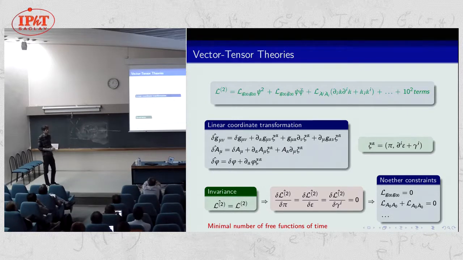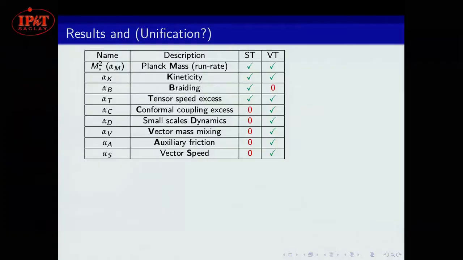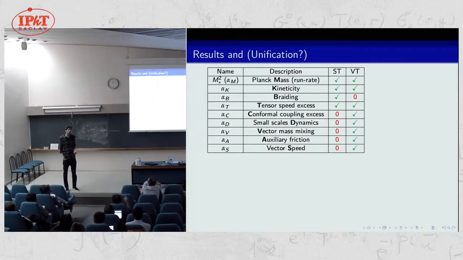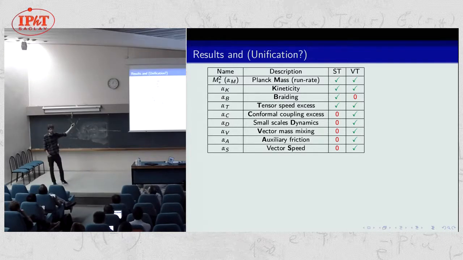And this free function of time, in the case of scalar tensor theories, will be the 5 functions we have seen at the beginning. For vector tensor theories, there will be some more functions. So imagine that you want to do that with cubic order in the action. Would it be feasible? I guess, yeah. Consider that, so it's clear, I'm doing this calculation with Mathematica. Mathematica is not famous for being fast, but still, scalar tensor theories you can do in like 10 minutes.